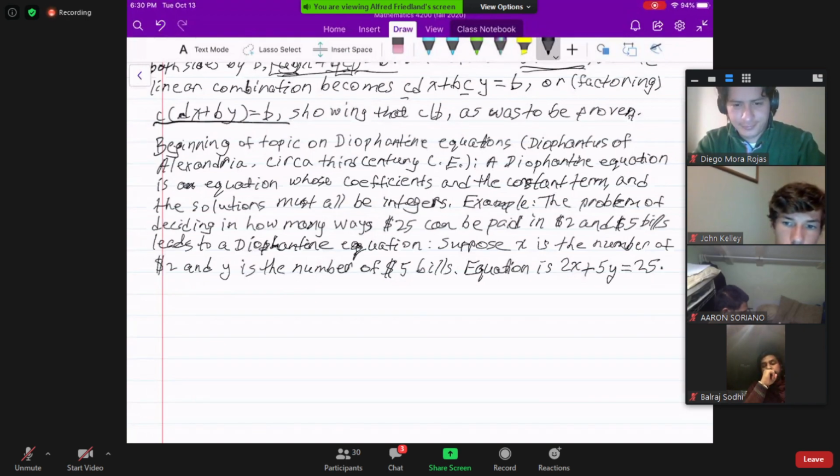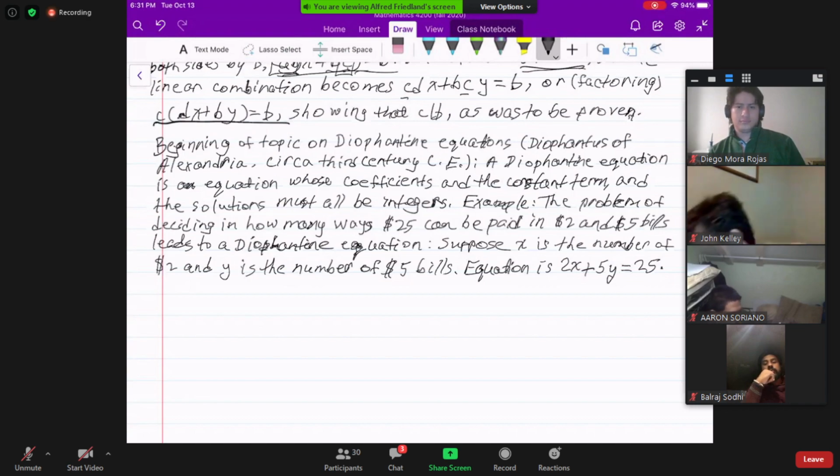Of course, it's probably illegal to deface money, so you're not going to tear up a $2 bill or a $5 bill and have a fraction of a bill. No, X and Y have to be whole numbers, right? A whole number of $2 bills and a whole number of $5 bills. So that leads to a Diophantine equation. So let's take a look at